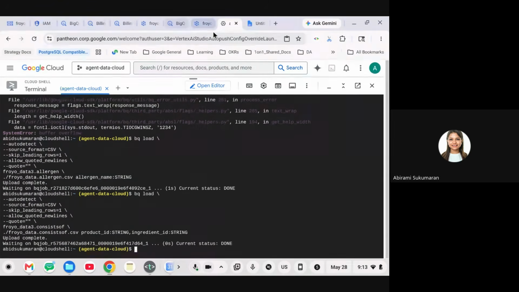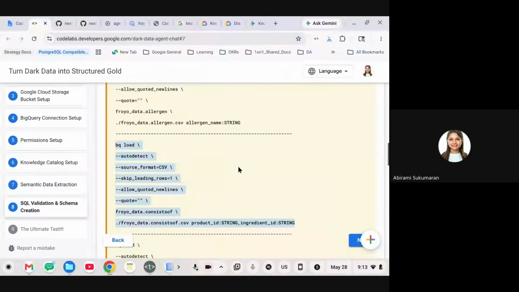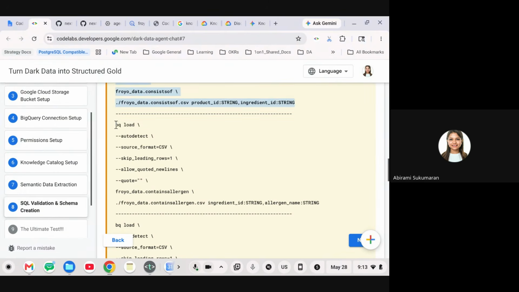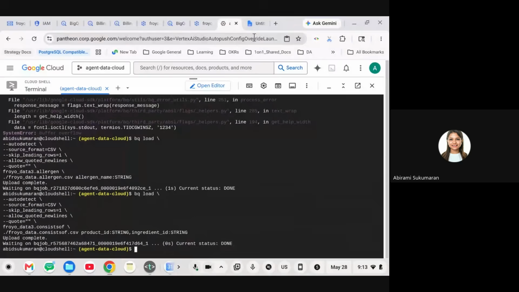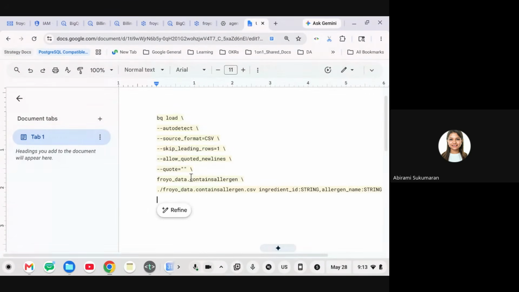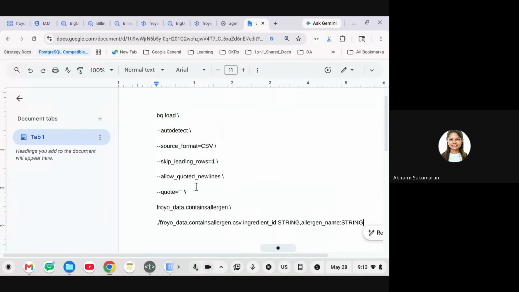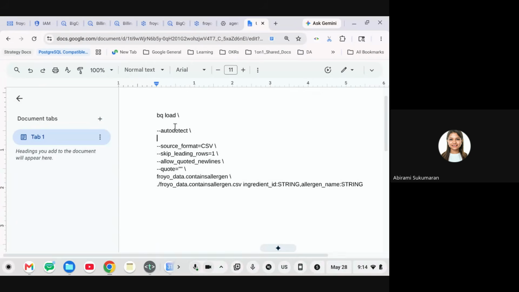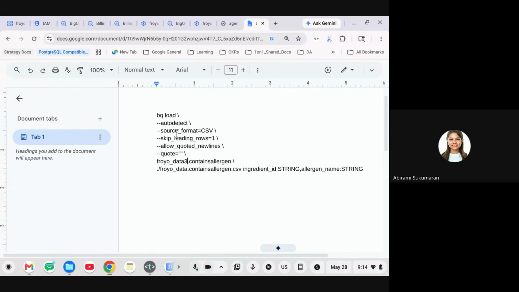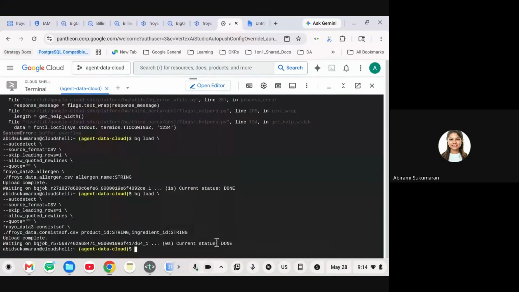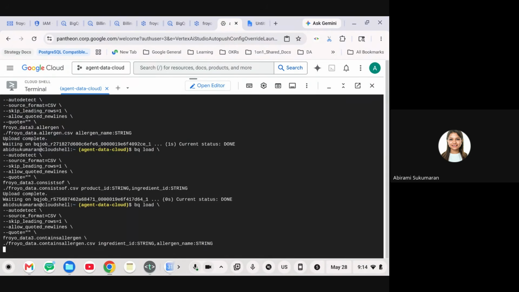Second one is also done. In my case, I'm going to go to the third table, go back there, paste it here. So remove these unnecessary line breaks again. Basically what it's doing, we'll see that shortly, even in your BigQuery. But right now, you just have to run these.